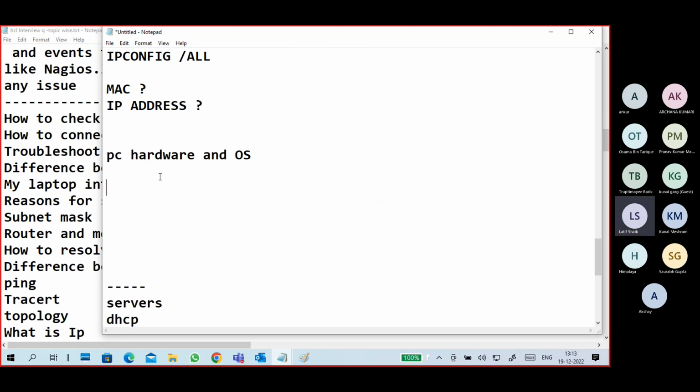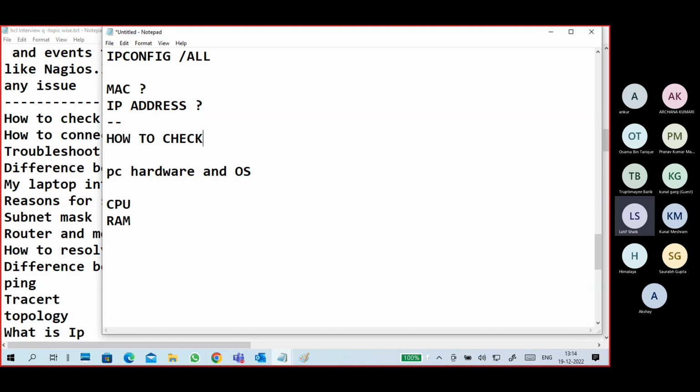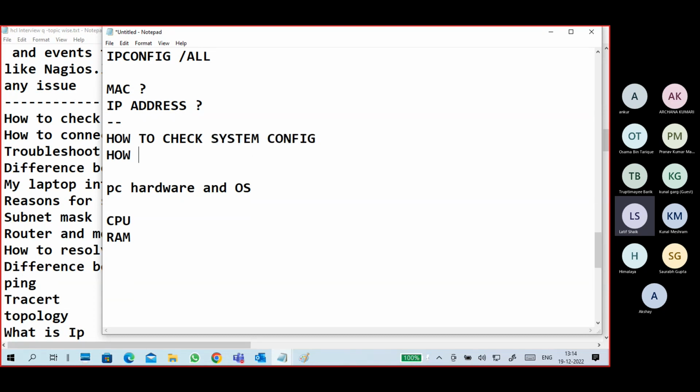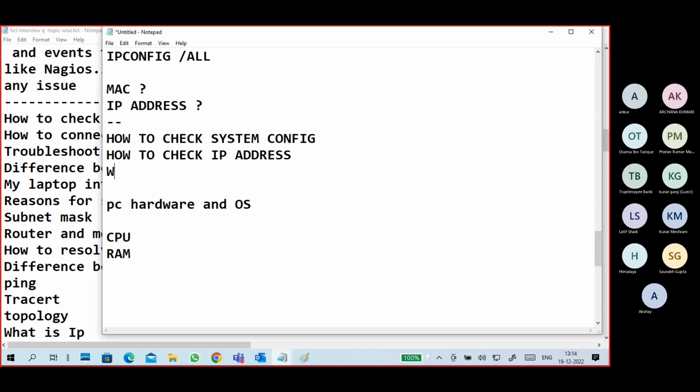Last part here, guys. What is hardware? It means your CPU. What is CPU? What is RAM? How to check system configuration? Important. How to check IP address? How to check system configuration? First class. That's why I told you it's the most common question.